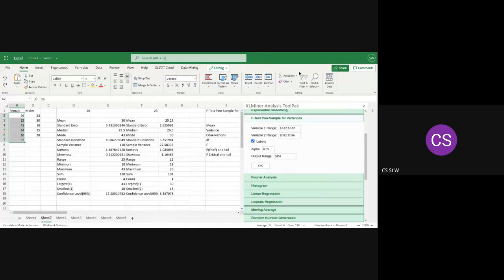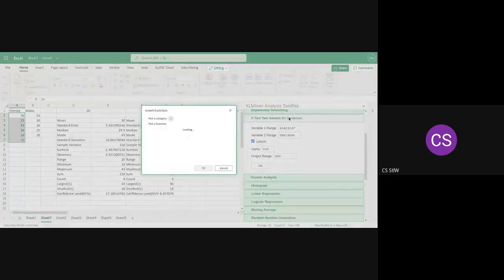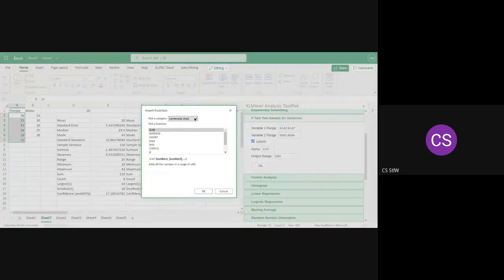So if I come here to my AutoSum and I click on more functions, so if I click on statistical, I don't know if it's because it's n minus 1, I don't know, but you're going to tell us now. This is part of your homework. So, what am I looking for? Variance. Sorry, my mind is